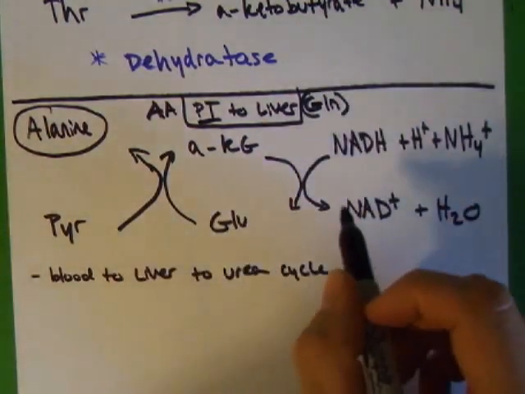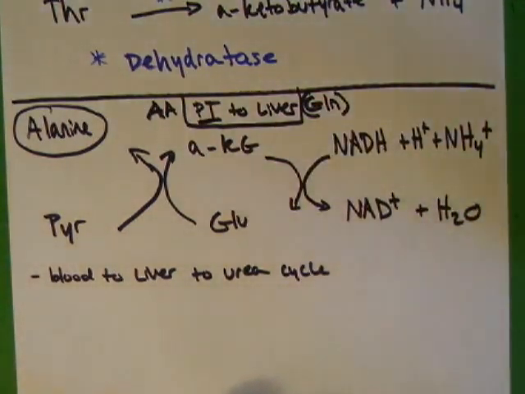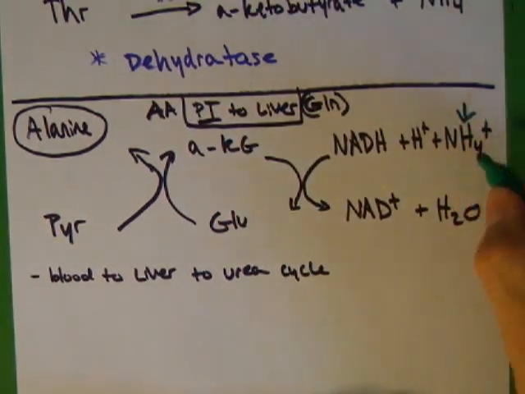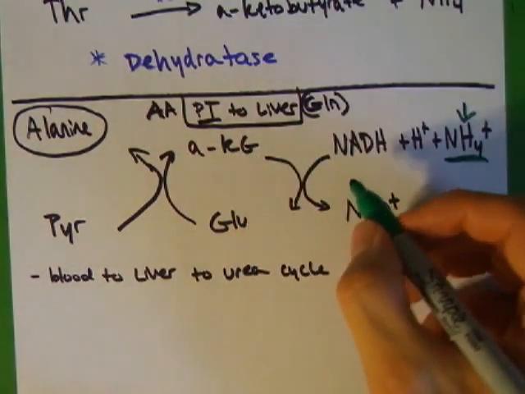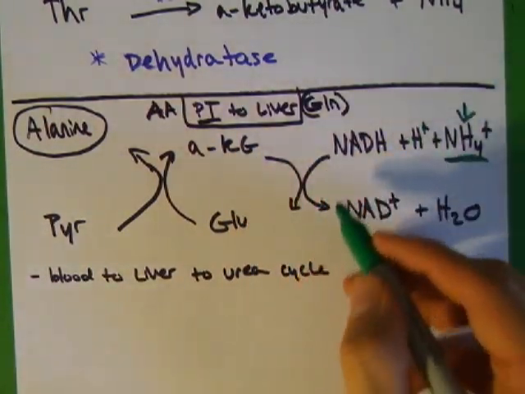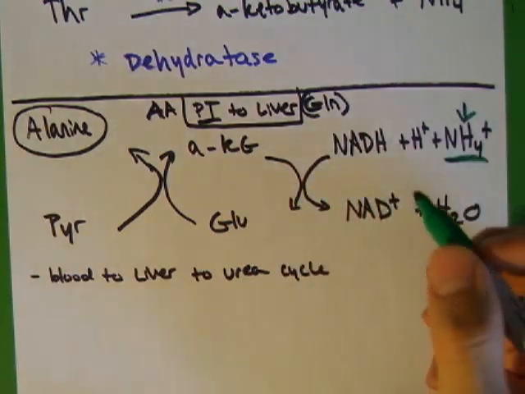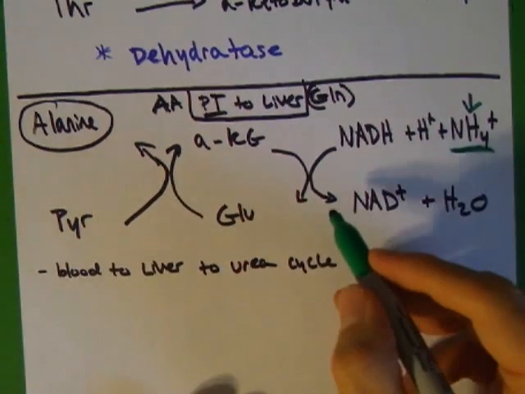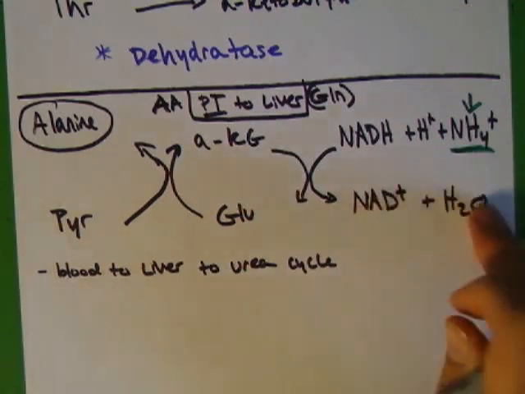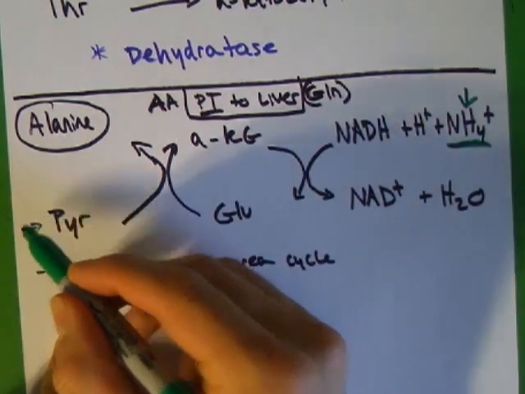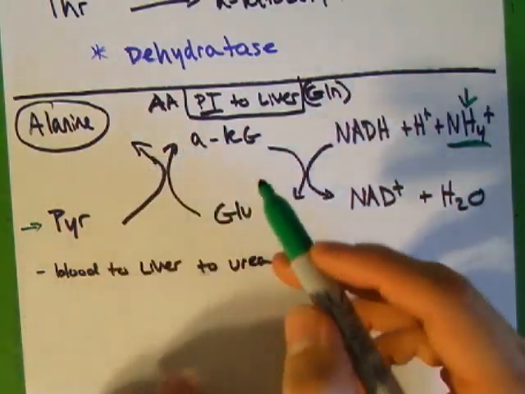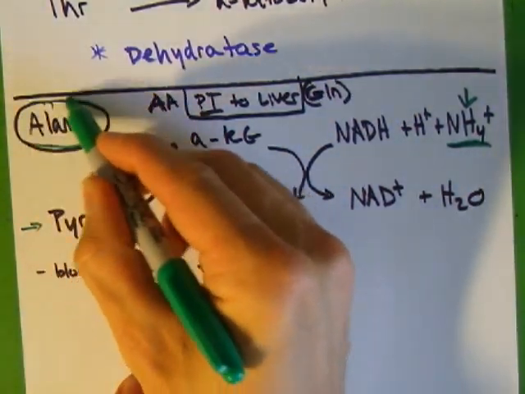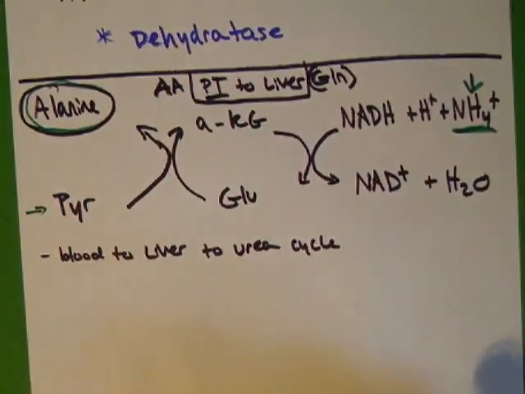Where this starts out looks the same as what we just saw on the last page. You have this broken down amino acid, which we're going to start right here. The amino part of it is going to react with alpha-ketoglutarate through the same reaction backwards. Then you're going to have glutamate, and you'll have these other products here. Pyruvate's going to come in out of nowhere. Those are going to react together from your aminotransferase reaction, and you're going to have alanine. So alanine is a happy amino acid to be